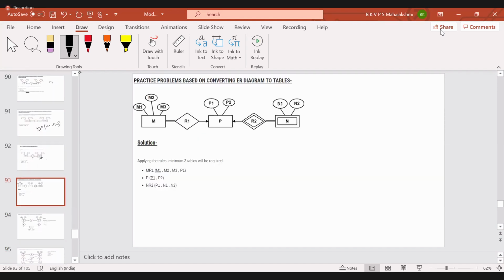Now, these are the practice problems. If you want to practice now, then I'll give them to you. Otherwise, if you want to prepare for the mid-exam, then you can prepare. It is all your wish.